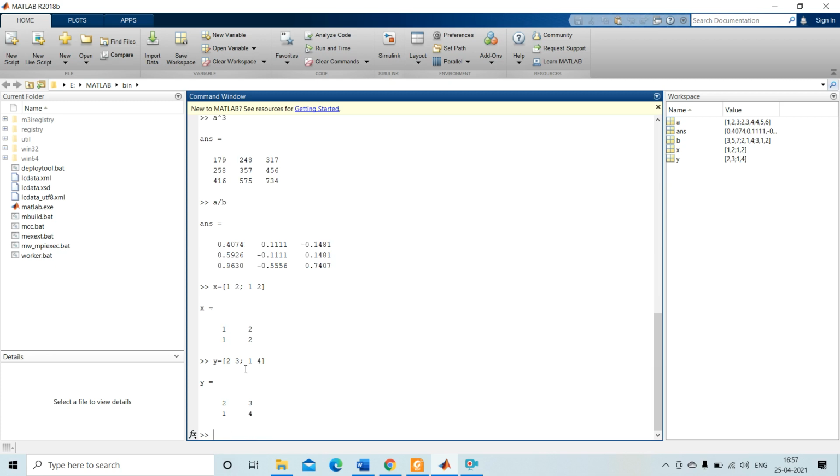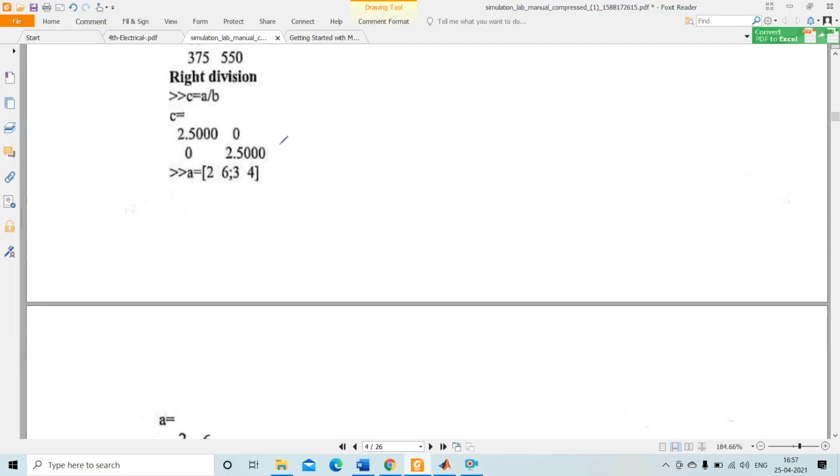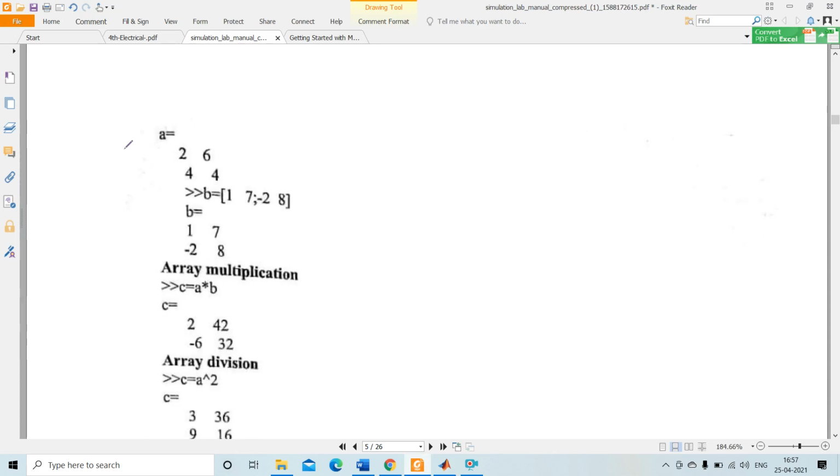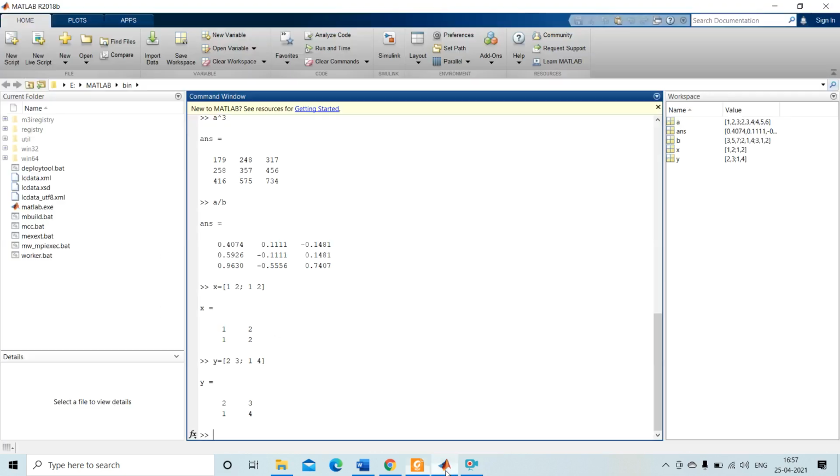Clear? So this is our two matrices formed. So this is A matrix given here, this is B matrix given here. So here array operations are performed. Okay, so let's do array operations.